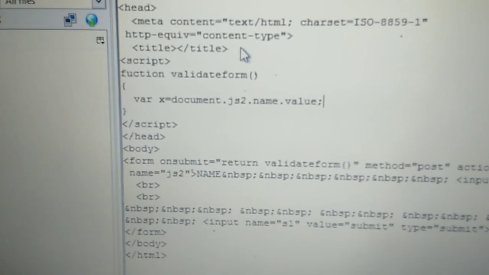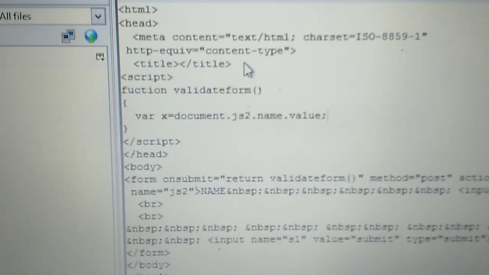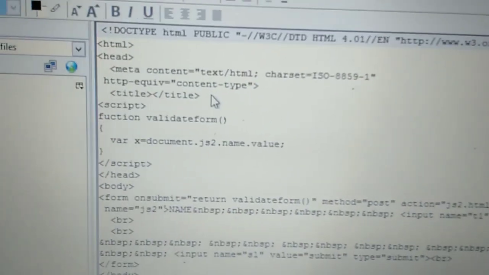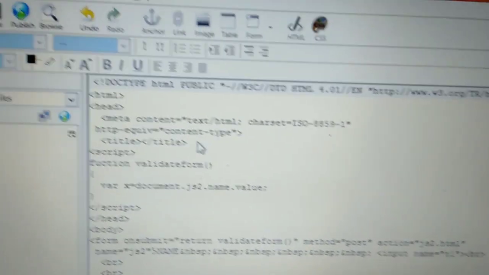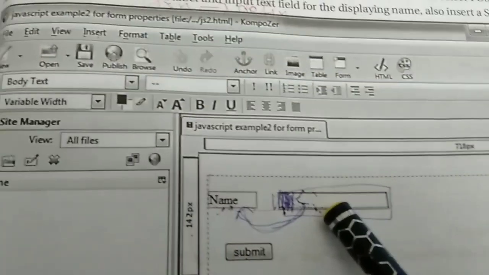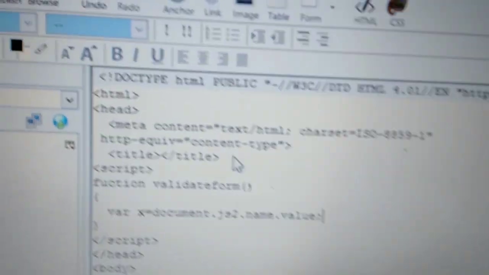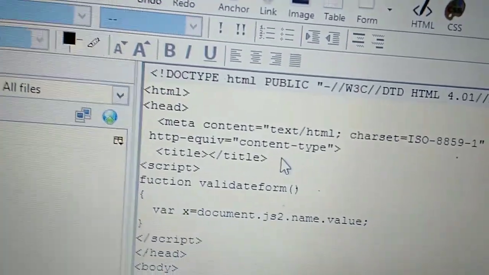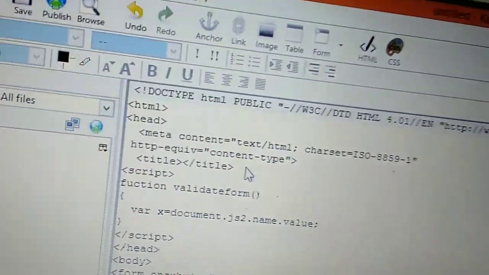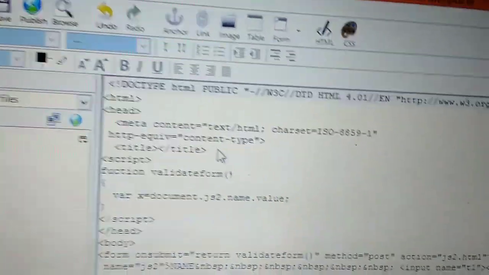What do you mean by document.js2.name.value? Whatever name user is writing in this text box is stored in your x variable. Which variable? X variable. Now we have to check